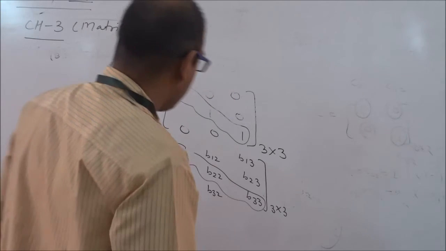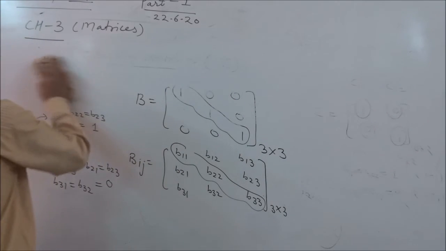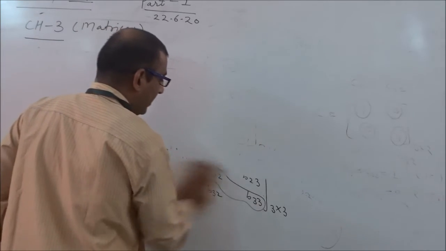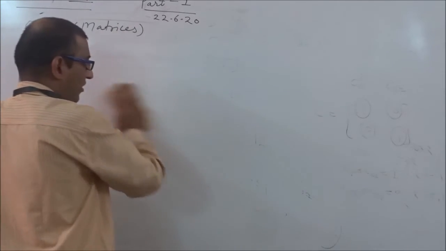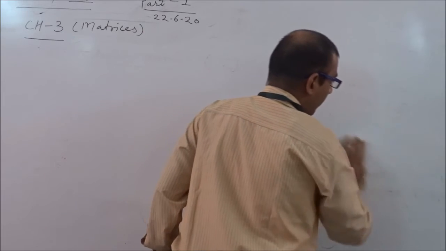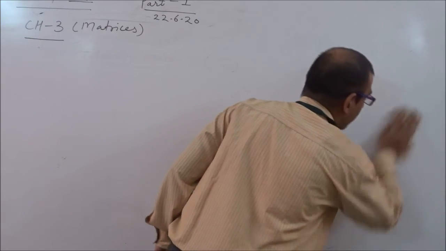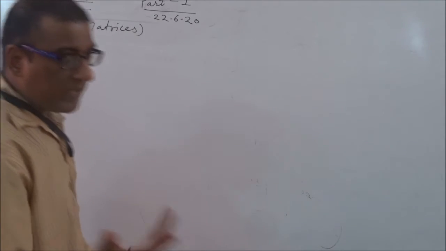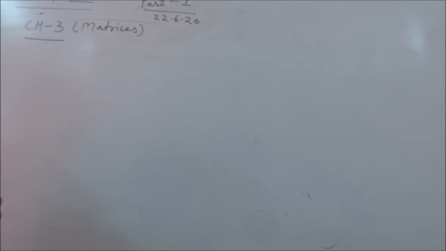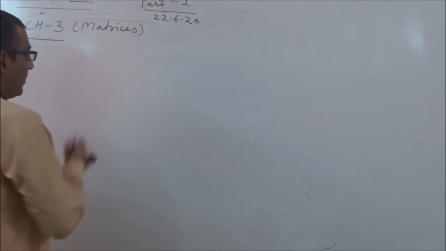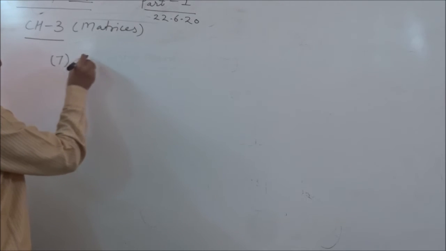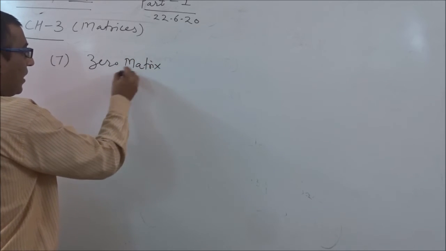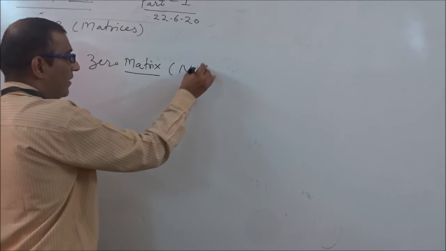Whenever we go with the scalar matrix, identity matrix or diagonal matrix, it should be very clear in our mind that these must be square matrices. And square matrix, all of you know very well, if rows and columns both are equal, these matrices are known as square matrix. So the last matrix is zero matrix. Zero matrix is also known as null matrix.